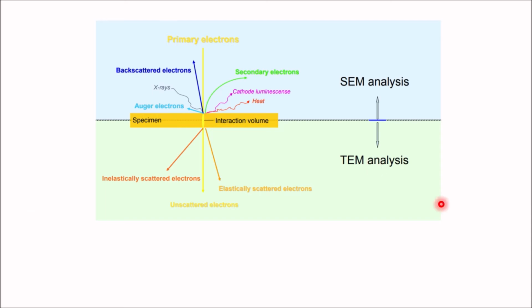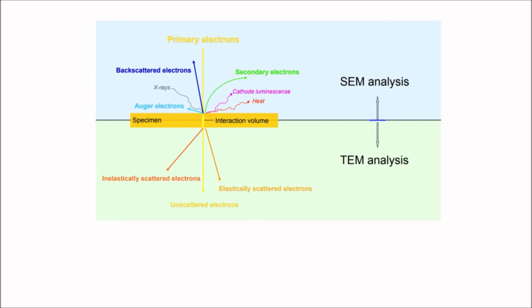In TEM analysis, the elastically scattered electrons are mainly used for imaging. The inelastically scattered electrons will also be recorded with the imaging device. They have a slightly lower energy than the primary electrons, and they are deviated less strongly in the electron lens and do not merge at the same spot as the elastically scattered electrons. So they contribute to unsharpness of the image. In high-end instruments, the inelastically scattered electrons can be filtered out with an energy filter.